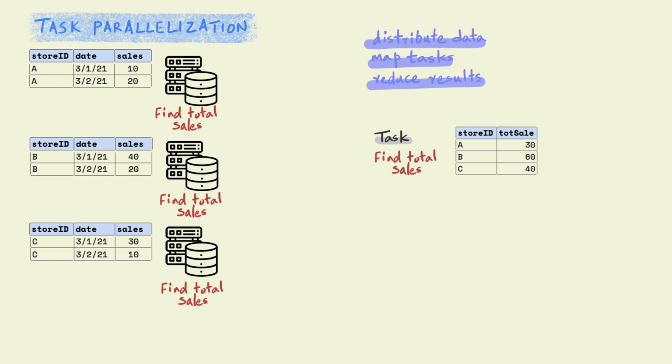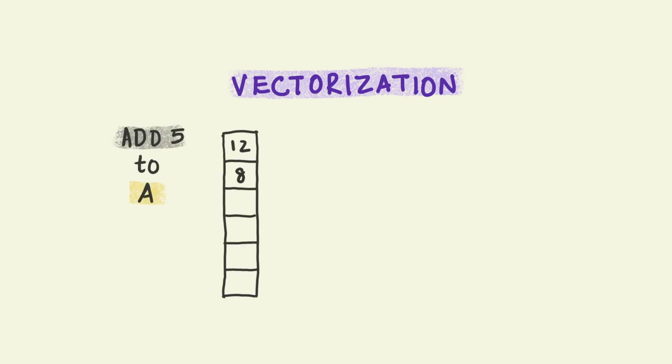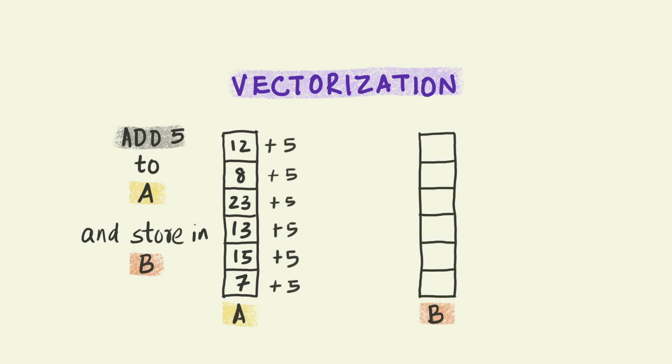This is task-level parallelization. Like a lot of other databases, Kinetica does this really well. However, it does not stop there. Parallelization in Kinetica happens at a much deeper level inside each node, rather than simply at the level of tasks that are mapped to nodes. We do this using vectorization. Vectorization operates at the level of individual instructions sent to a processor within each node. For instance, in the illustration shown here, the instruction is to add 5 to a column and copy the results to a new column B.